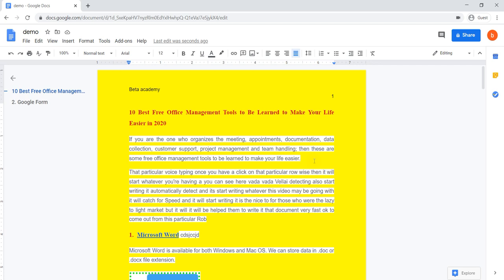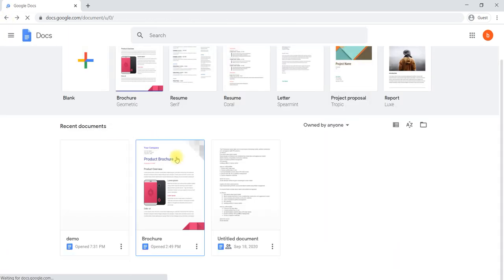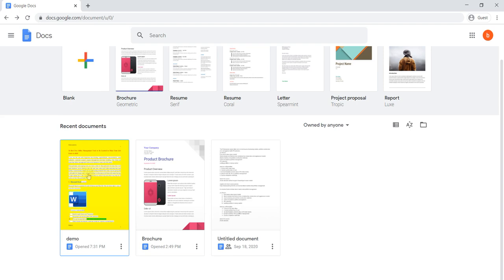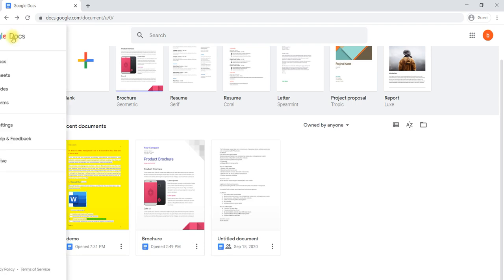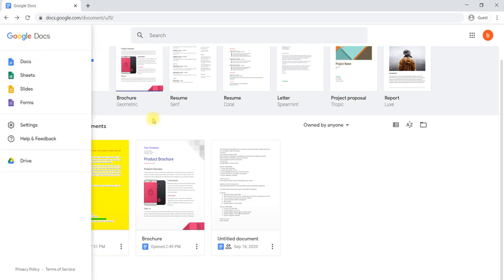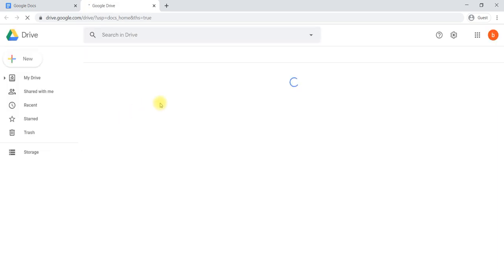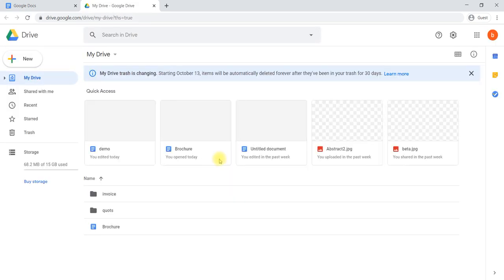And if you log into your Google Docs at any time, then also you will be able to see the newly created one here. It will be there in your Google Docs as well as in your Google Drive. If you select Drive, it will be there in Drive also.